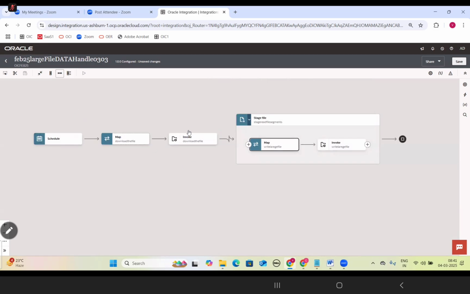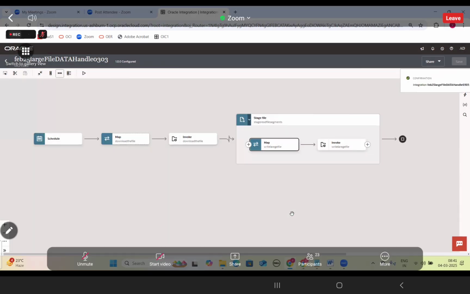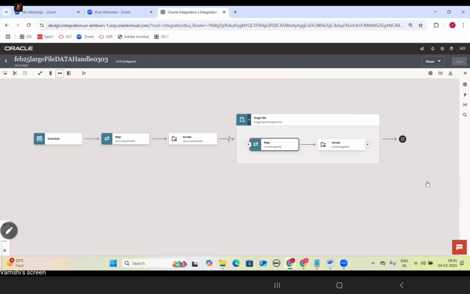Okay. So we are downloading the file to the stage location. From the stage, we are splitting into 2000 records per run and sending the file to the SFTP server here. So the file will be sent along with the data. That is the way we have designed the integration. Any questions you can ask me, guys. Very important: most of the time you will get the interview question, how you can handle large file data.